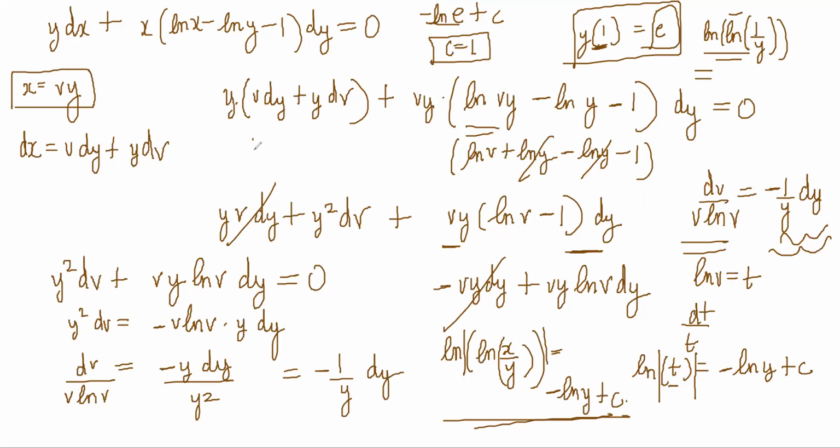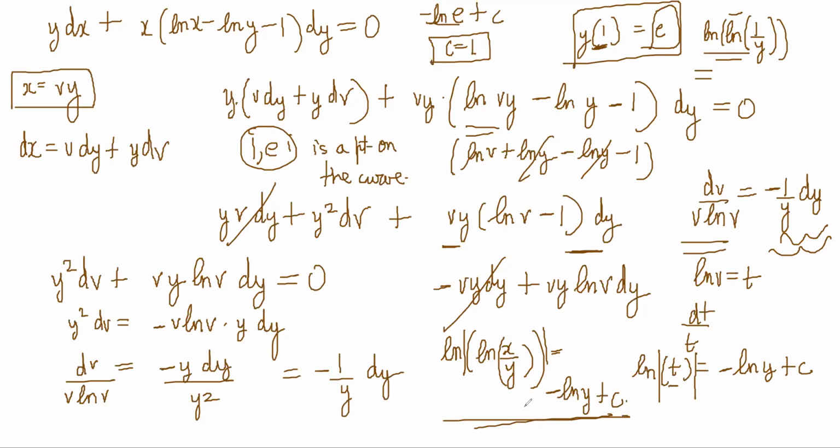Basically it means 1 comma e is a point on the curve. So everywhere you can replace x with 1 and y with e. Fine. So notice that the question is solved, but it was solved by a totally unexpected substitution. It was not a homogeneous question, but still the substitution worked. So sometimes it could be weird stuff like this where it is still working.